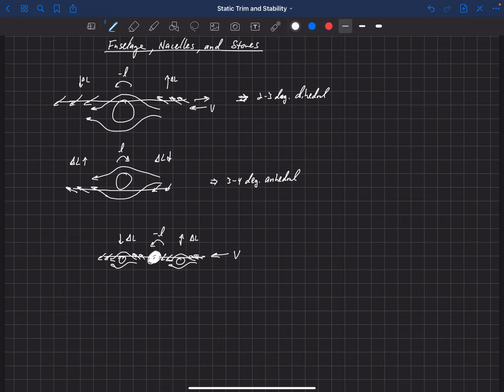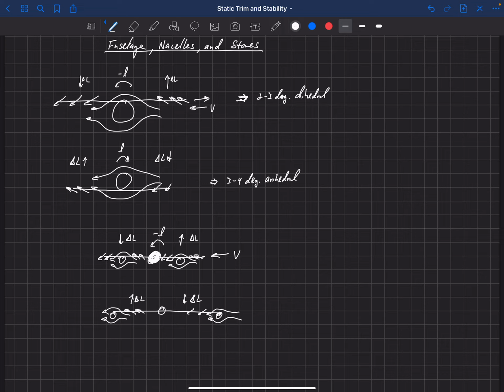Let's actually move those out to the tip now. Okay, so let's draw another aircraft here and move those stores out to the tip, and then draw again the velocity moving around those. And you can see here, we're going to have a decrease in velocity here, an increase in velocity here. And out beyond that store, it's not affecting the main wing because there's no main wing out there, right? So this is actually a destabilizing effect. We're going to have a decrease in lift here and an increase in lift here, or increase in delta L right there. Okay, so that's destabilizing.